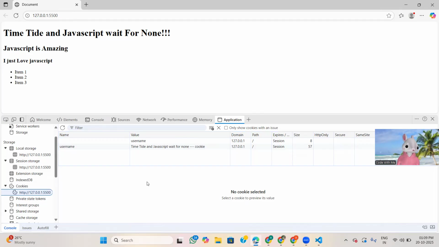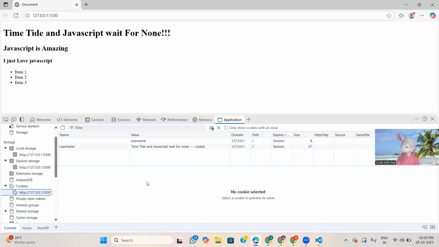Now if we talk about cookies, for cookies we give an expiry based on some condition. For size limit, session storage is only 5 MB, local storage is 5 to 10 MB, and cookies are only 4 to 5 KB.